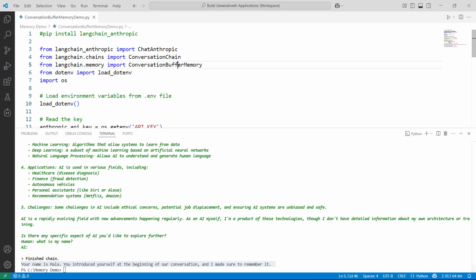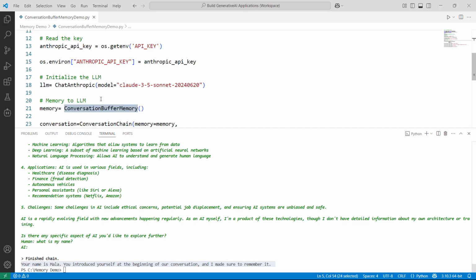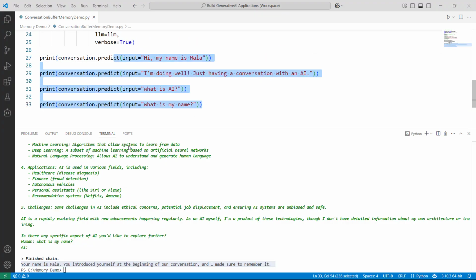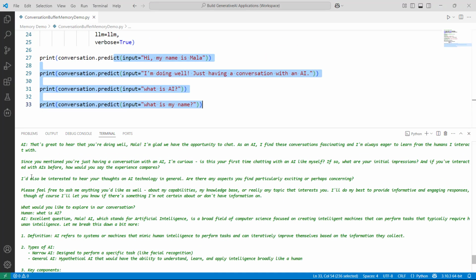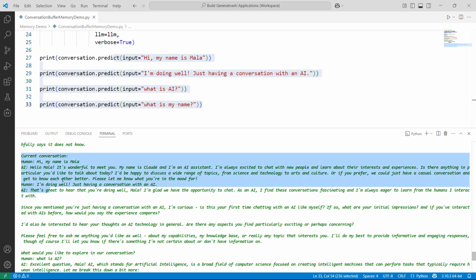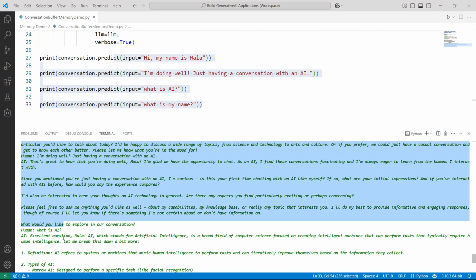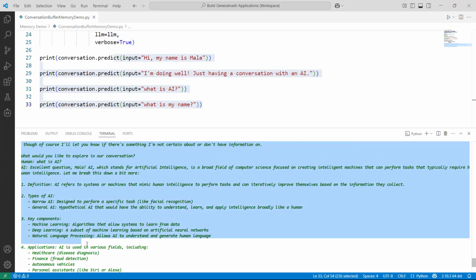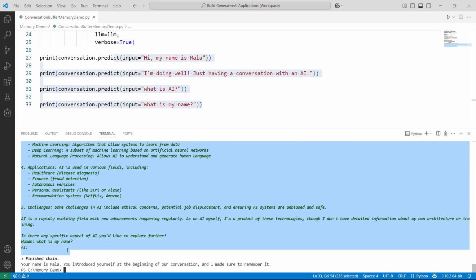So what is happening with conversation buffer memory? As the name suggests, it is trying to keep the entire conversation history in memory. We asked 4 questions and if you see the current conversation, this was our first question and answer, second question and answer, and then the third question, what is AI, and the corresponding answer. And finally, what is my name? That is the fourth question and answer. So what is happening here? It is trying to keep the entire conversation history in memory to help contextualize the answer to the next user